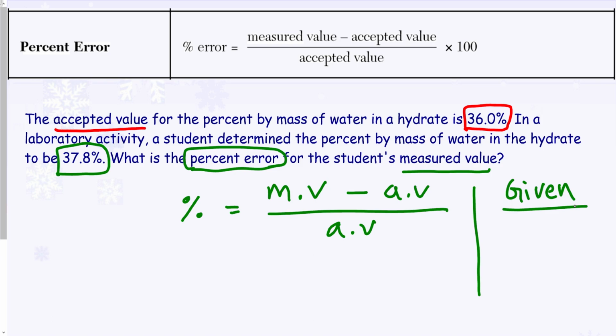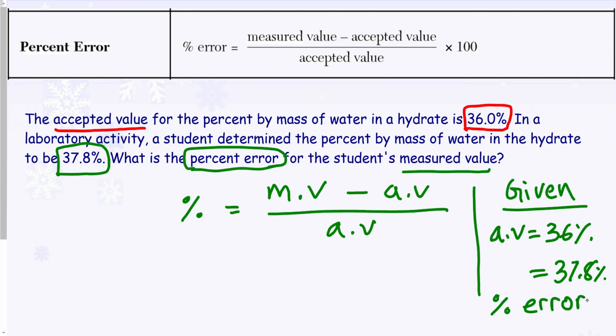So I know that accepted value is 36%. And then I have another value, which is 37.8%. I also know that I'm using the formula for percent error. So, as I said before, if you did not understand the question and English is not your first language, it's okay. We can still use logical reasoning to guide ourselves towards the right track. And that should be your strongest